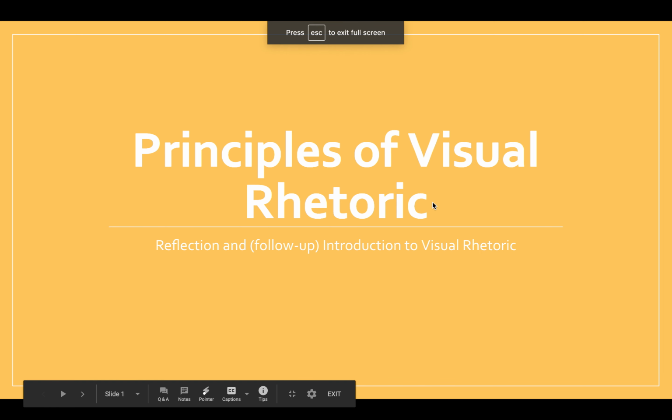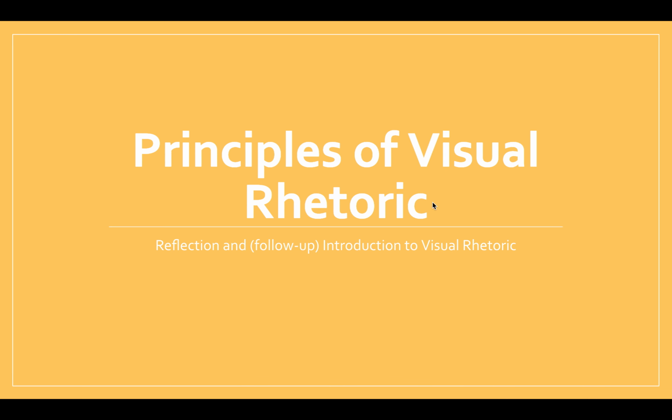So we're going to talk about visual rhetoric. This is kind of a follow-up from our last class, when we did some summary versus analysis of some very strange paintings, if you recall. We're not going to see anything quite so repulsive. I shouldn't say classic art is repulsive. We're not going to see anything quite so drastic as those. We will see some things that prompt social movement and want to change things, and that's what we're talking about: visual rhetoric. So just a preface here, why it's important to learn about visual rhetoric.